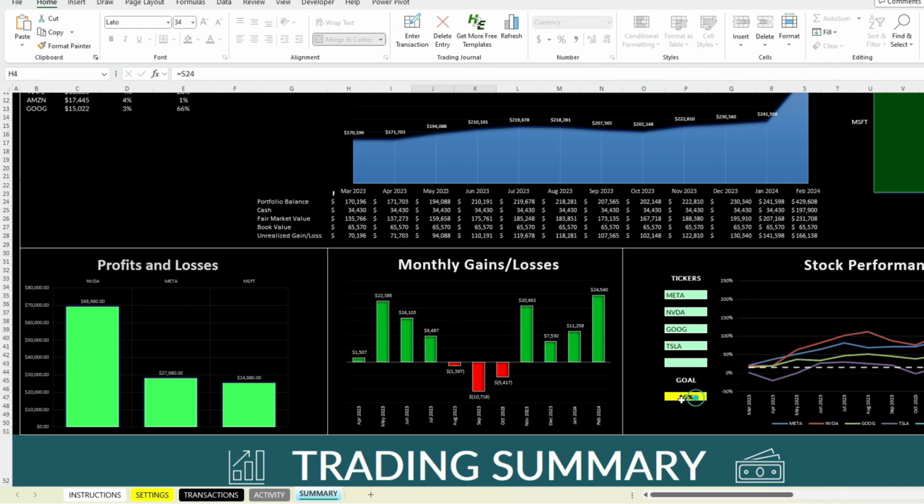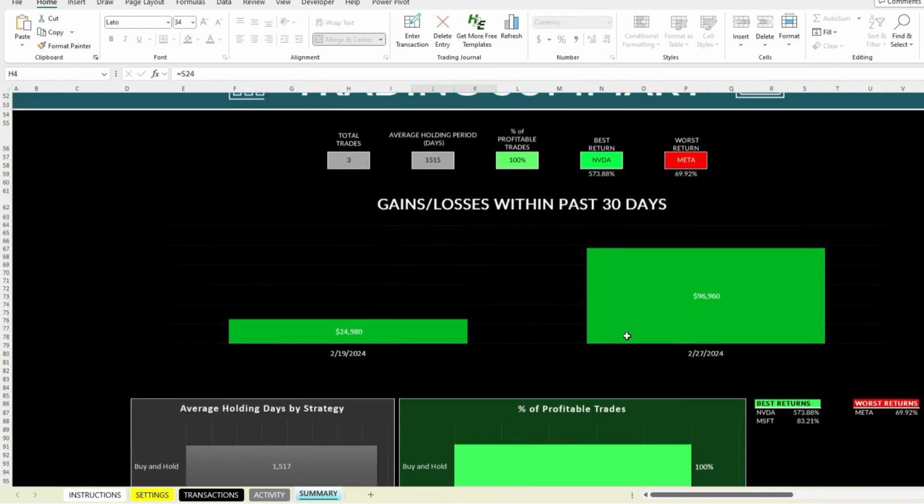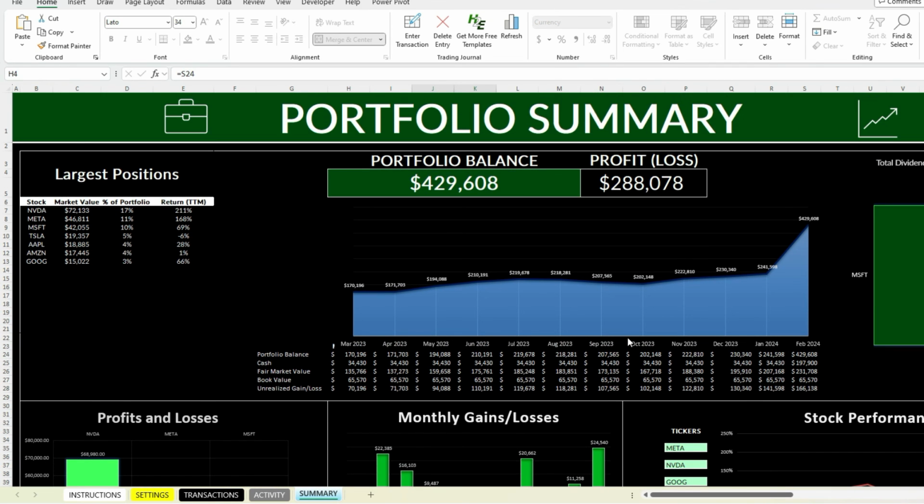And so one last thing for the stock performance chart. So I've got this goal set here for 15%. So this dashed line, right? So if you have a benchmark that you want to adjust, you can change this value as well. Let's say 20%, 50%, whatever the case may be, to track your performance and compare how your stocks have done against that benchmark. So that's an overview of the summary tab, and that's really the main one that you're probably going to want to track if you just want to look at your long-term